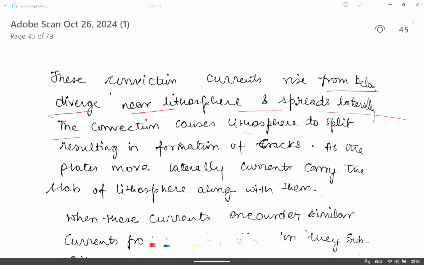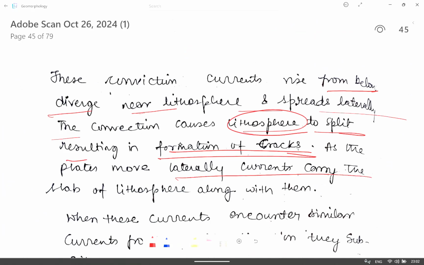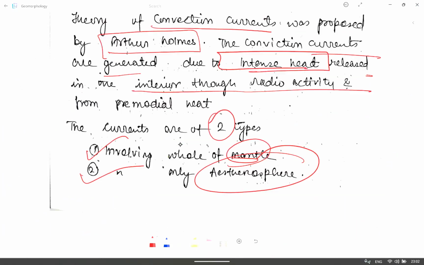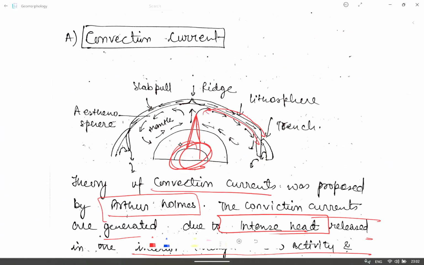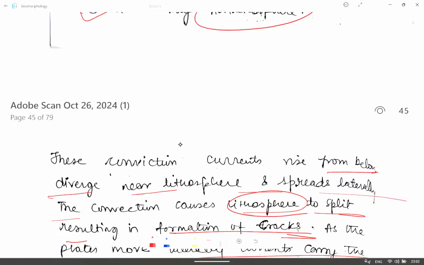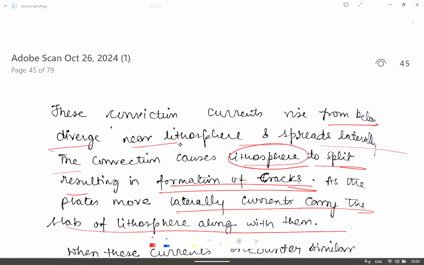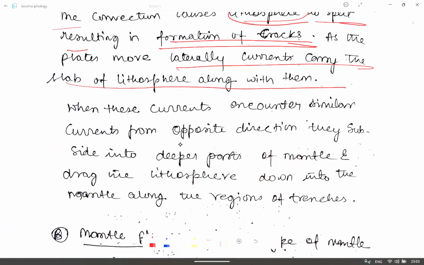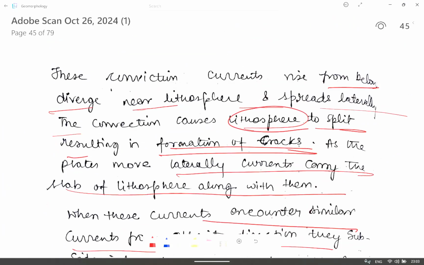The convection causes the lithosphere to split, resulting in the formation of cracks. As the plates move laterally, currents carry the slab of lithosphere along with them. तो ये जैसे जैसे फ्लो कर रहा है वैसे वैसे lithosphere को भी अपने साथ शिफ्ट करेगा. That is why there is plate movement which happens. Now जब ये current encounter करता है similar currents from the opposite direction,